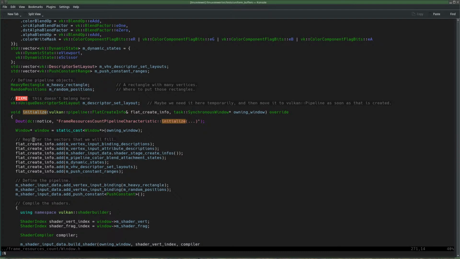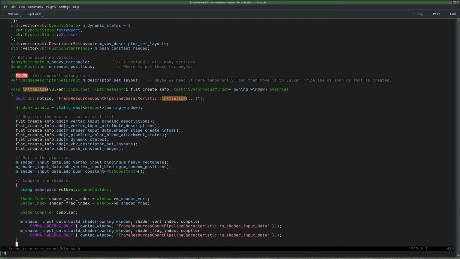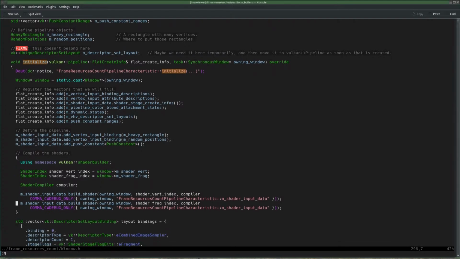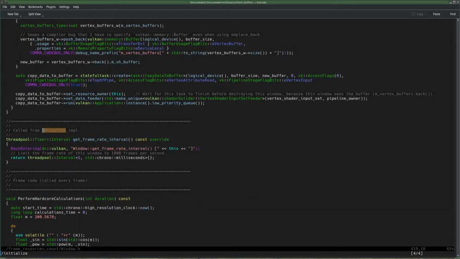Next, we are adding the vectors that we're going to fill to the pipeline create info thingy. And then we define a pipeline that should already be what it should be. This thing is so small, or not? Oh, wait. Yeah, then we compile the shaders. So I go here again.